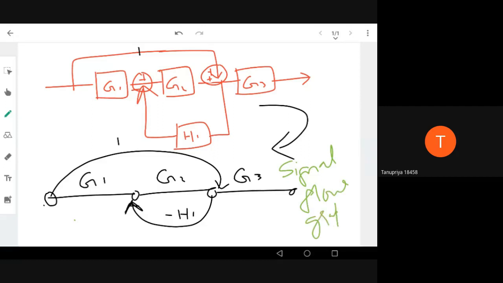We need a signal flow graph so that any person or a computer can solve it by a step process. There is no need for thinking about a lot of possibilities. If you try to solve a problem by thinking, there are a lot of possibilities. A computer doesn't like a lot of possibilities, but if you give step by step instructions, it will easily follow those instructions. So this is what the scientist Mason thought about.